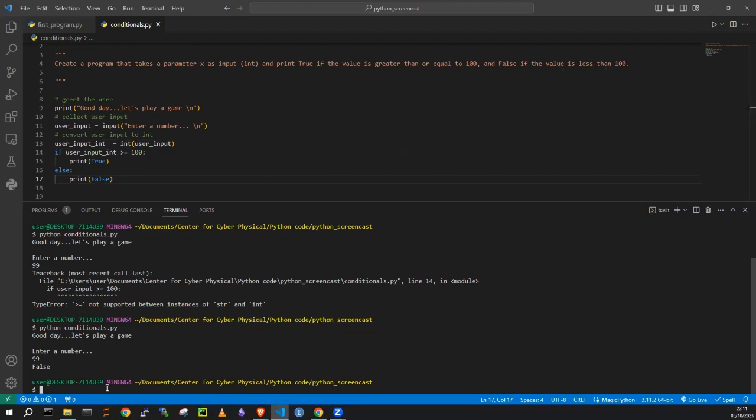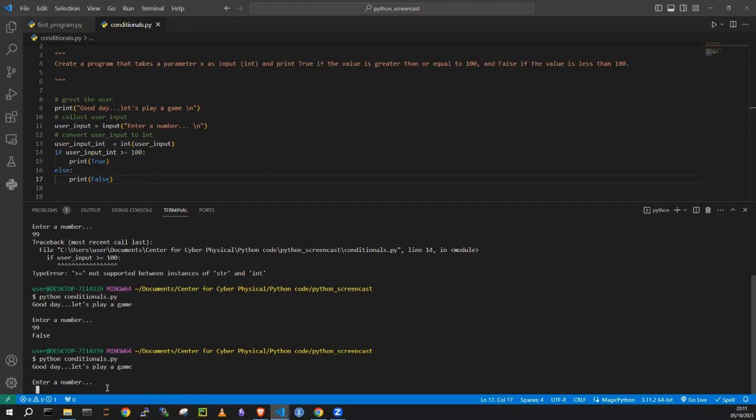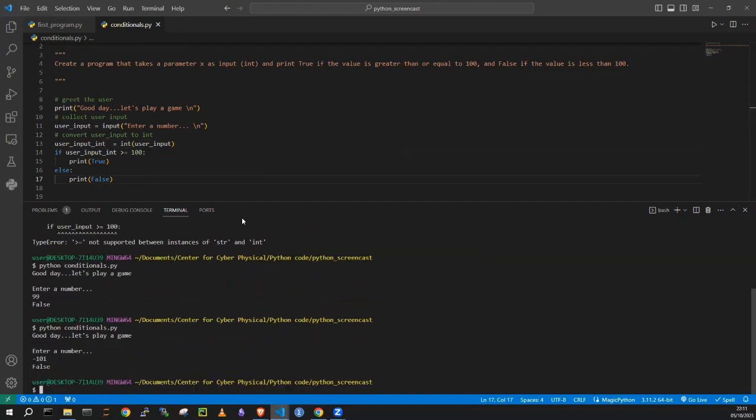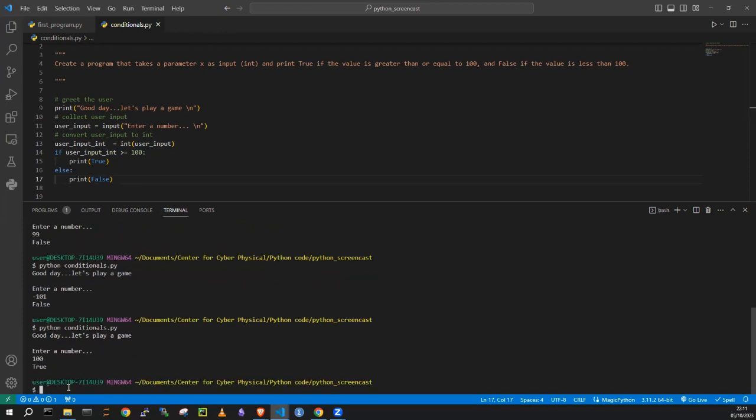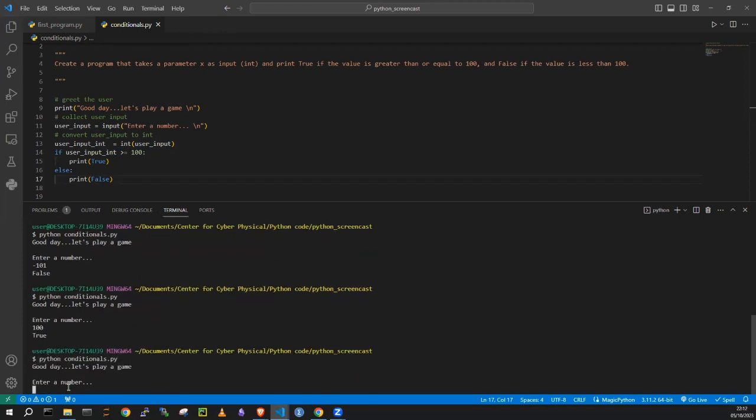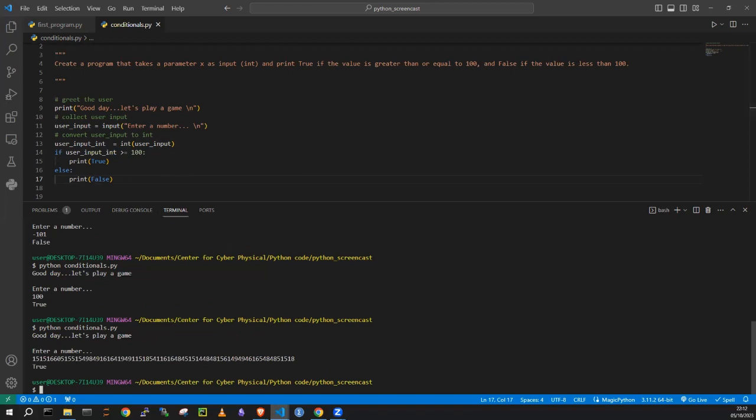Let's try another one. Enter a number. I'm going to say negative 101. False, because negative 101, remember, is less than 100. Let's see if the true will work. Enter a number, 100. And true. Let's try something else, a large number, to see how far Python can go. True, right? Okay, so that's just a simple exercise on conditional statements and the if and else structure. So now we do this